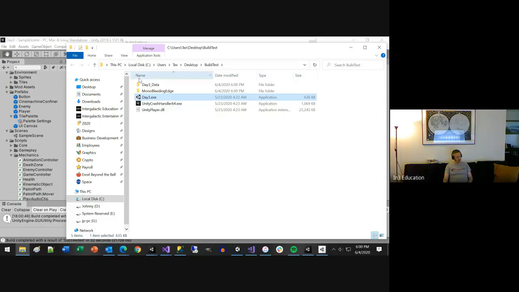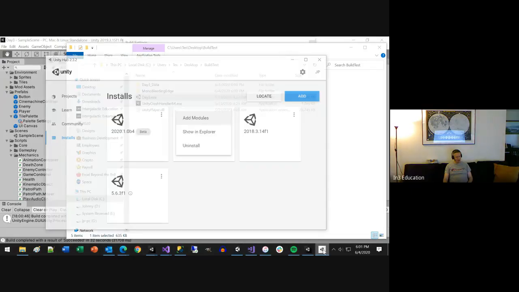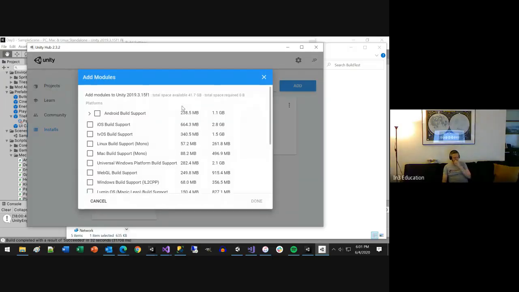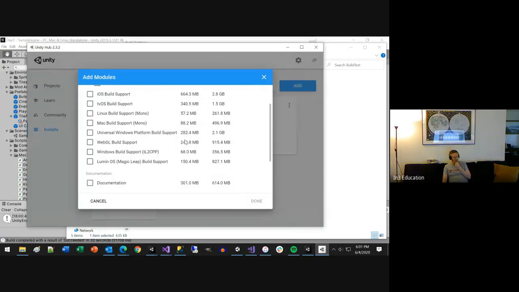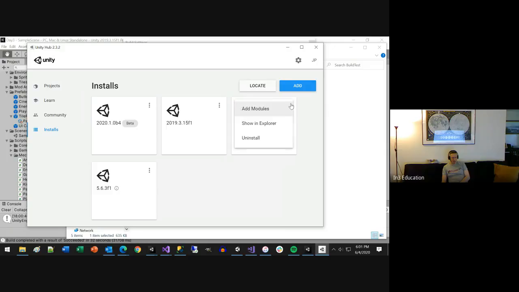Okay. Looks like I was able to do a build even without having my Windows one checked. Maybe it's because it builds it with a different framework instead of IL2CPP. IL2CPP is just an architectural framework that is used, but that is interesting that